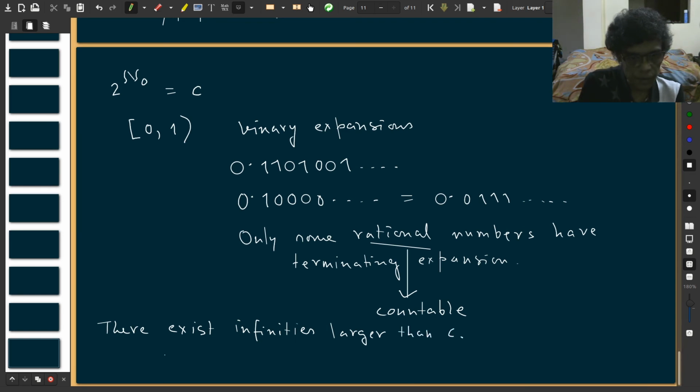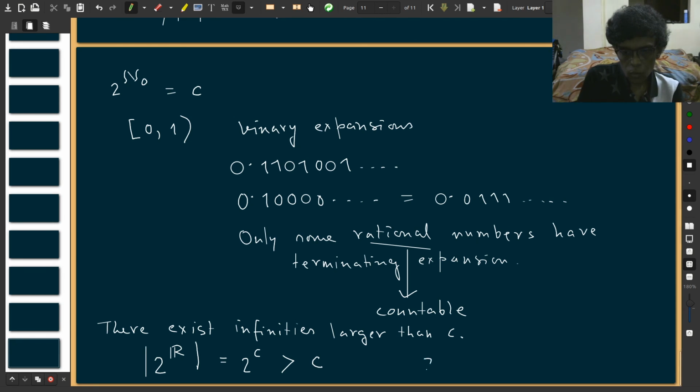Because, for example, if I consider the power set of R, and the size of that is nothing but 2 power C, and we have already proved that this has to be greater than C. And then if I consider the power set of this, so 2 power 2 power C, that is greater than 2 power C, greater than C. So this already gives you an infinite